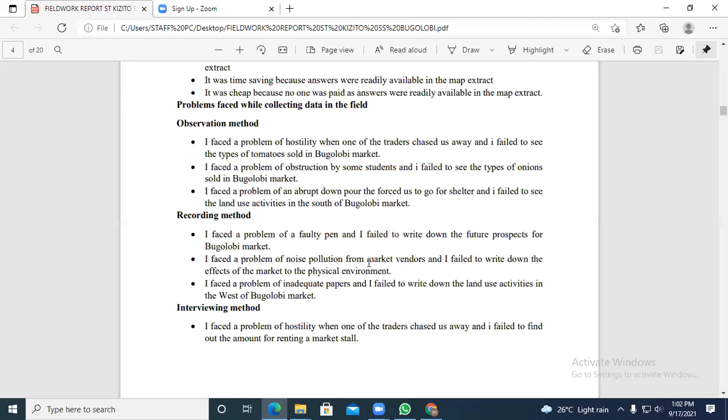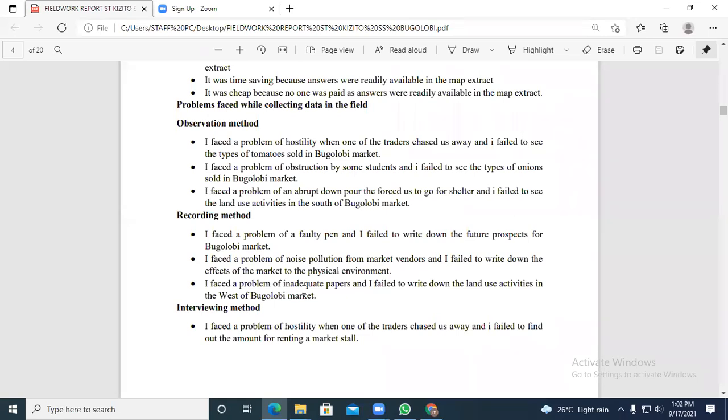Like in a factory, machines can be making a lot of noise and you cannot get what the respondent is telling you, and you can't write the information. In the field, moving vehicles can also cause that noise, and you cannot write the information as being told by the respondent. You can also face a problem of